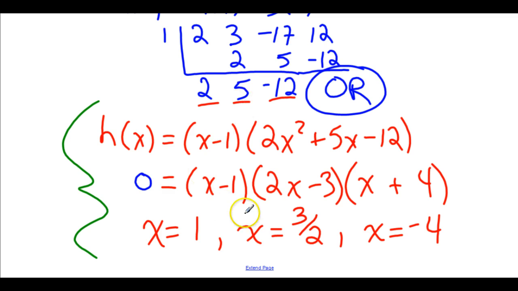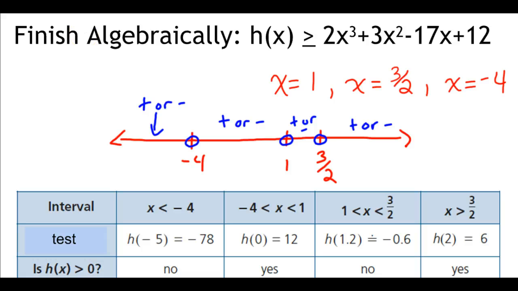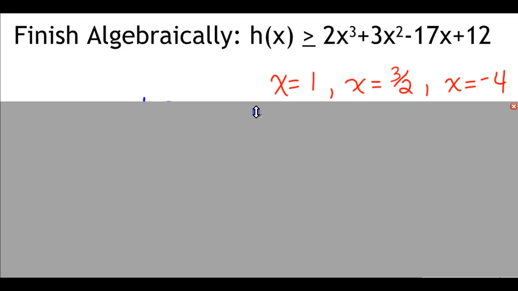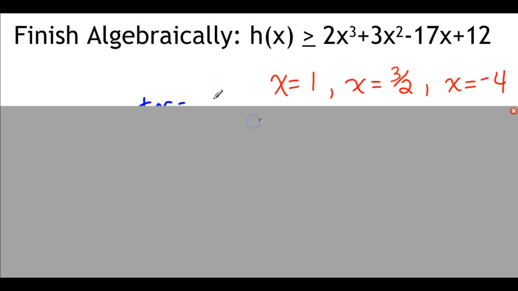Okay, so that's what you've been doing for a while. So we, again, won't go through that in too much detail. What I'm interested then is what do I do once I know those zeros? Okay, and so we have two options. One is to finish the question algebraically,